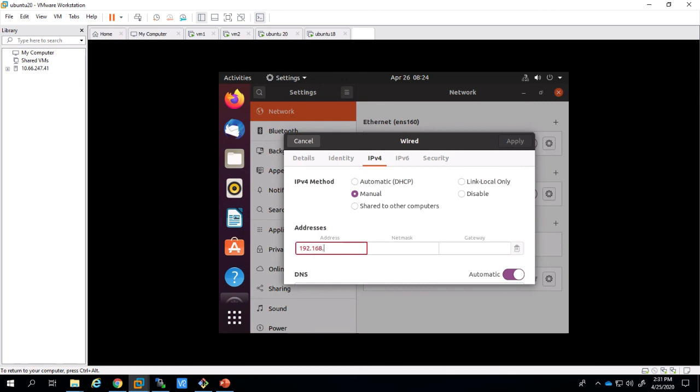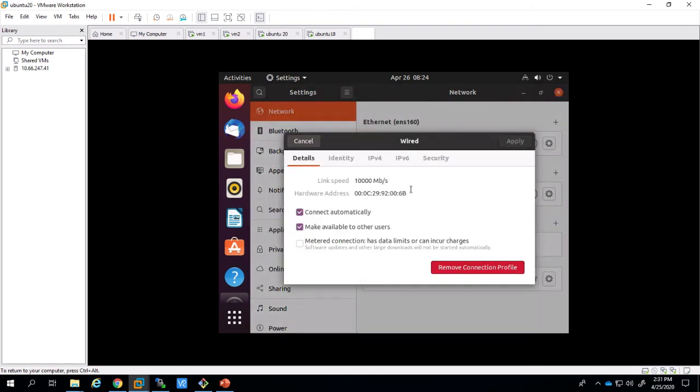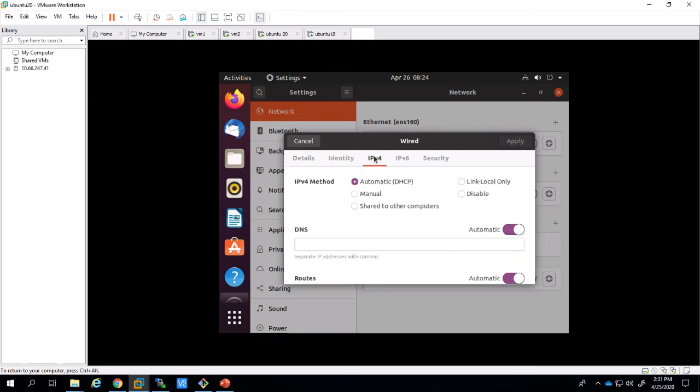That static IP is 192.168.0.5 and the subnet mask is 255.255.255.0. Apply. Turn off and on, then it will show the IP address.